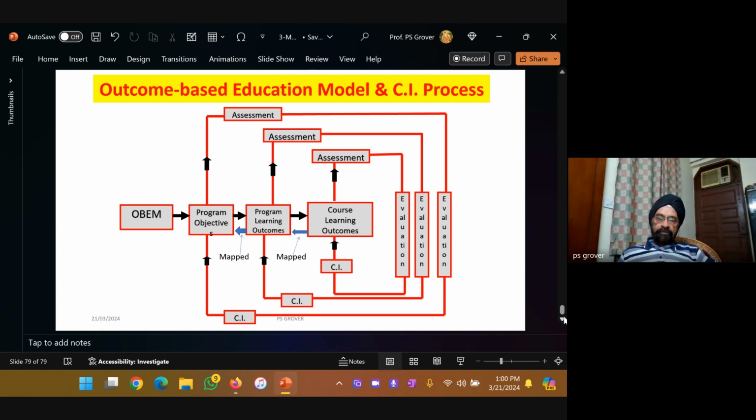Continuous improvement involves all the learning outcomes and program objectives also. And of course, the curriculum